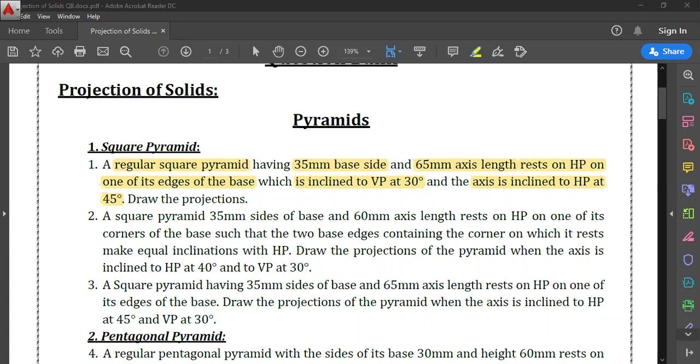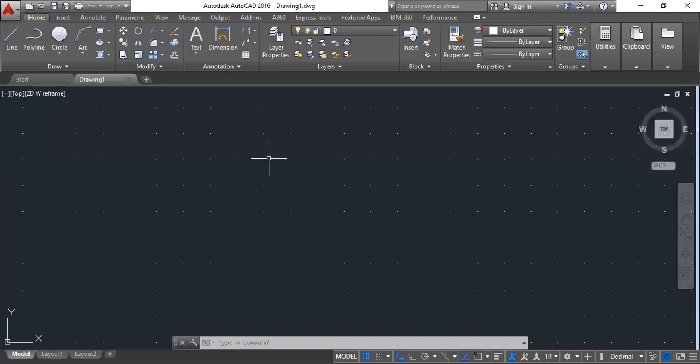Just as a revision, I'll do all the settings in this. First we'll go for units and check it.